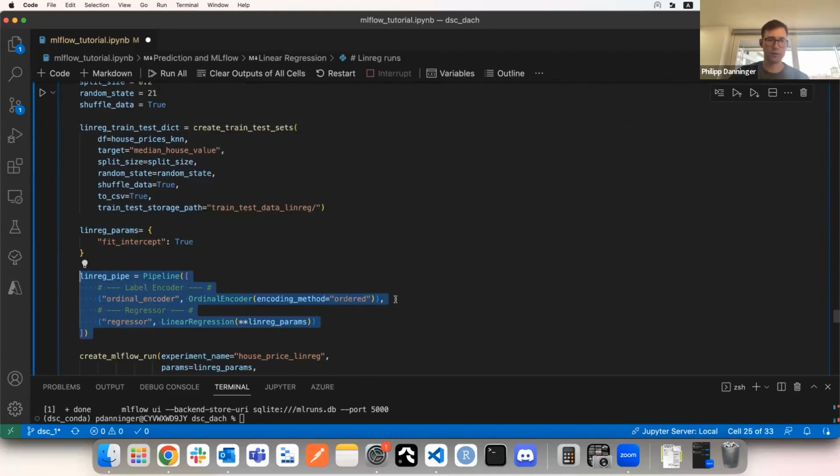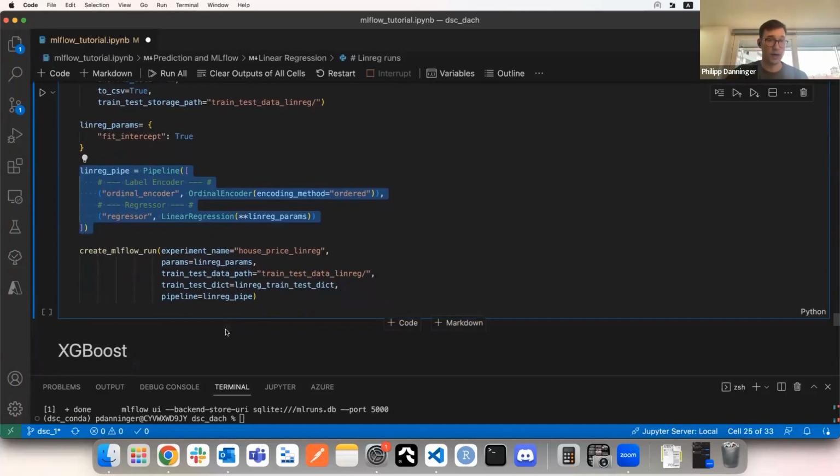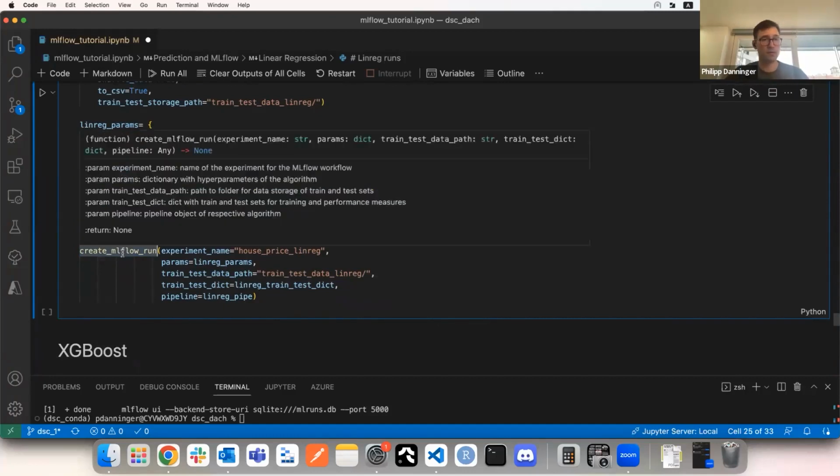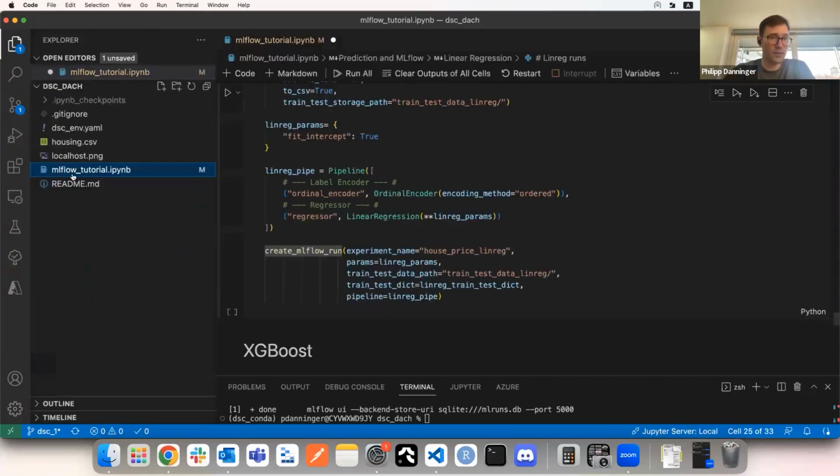I frequently use that pre-processing step from the feature engine package, but you could, of course, also use scikit-learn. That doesn't matter. And as a regressor, I simply use the linear regression regressor. And all of these inputs I feed to my create MLflow run function. And now if we check here, if we execute this,